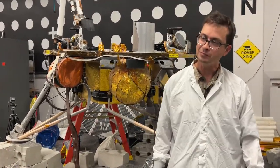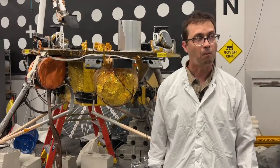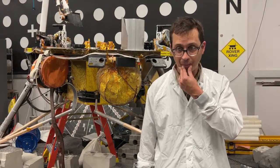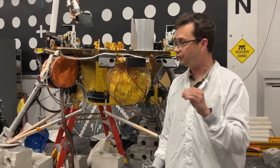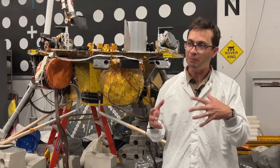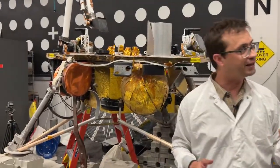And the next question is about temperature. How hot are the temperatures during the day on Mars, and how cold does it get at night? I don't want to answer that incorrectly. It does get very cold. I will say that in the warm electronics box on the inside of InSight, which is inside there where you can't see it,